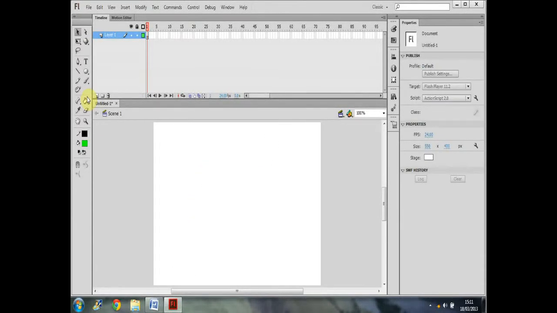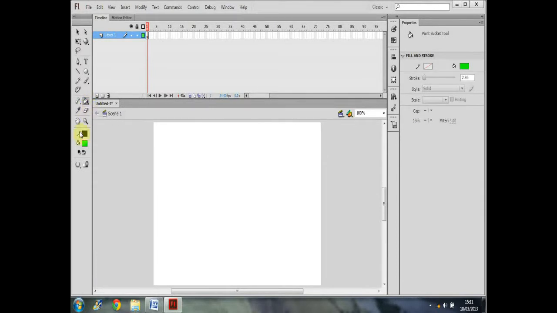Okay, we also have paint bucket. Now the paint bucket has this option down here, which is gap size. Now normally it's set to don't close gaps. However, you are able to change it to closing large gaps. Now what that enables us to do is if we draw an object whose ends don't quite meet,